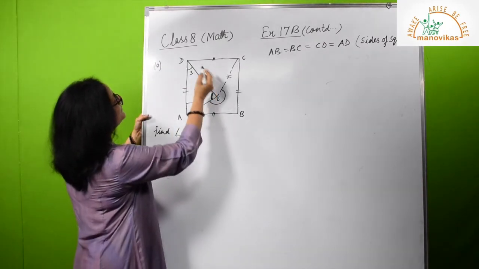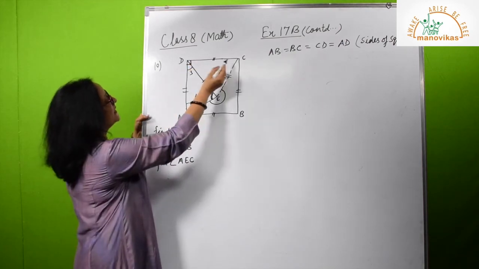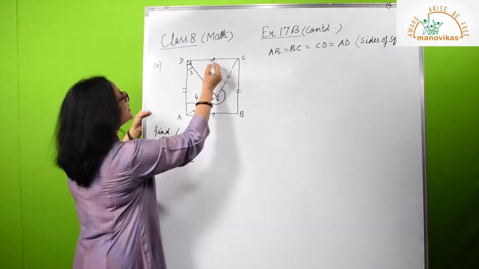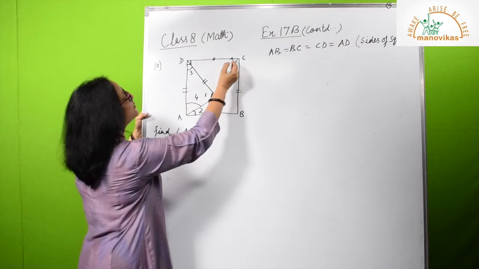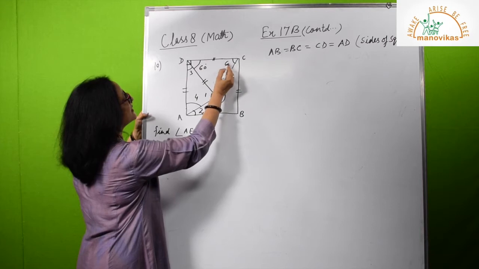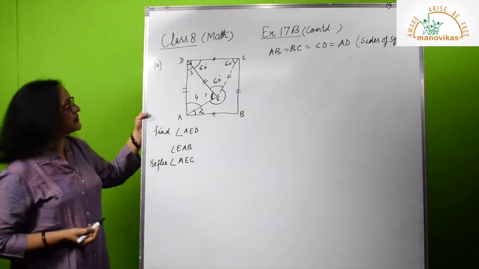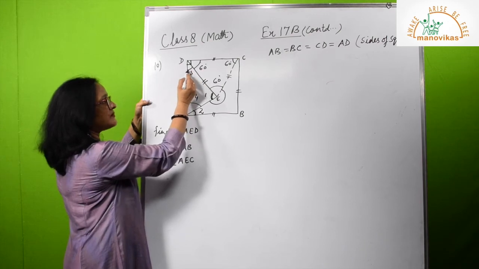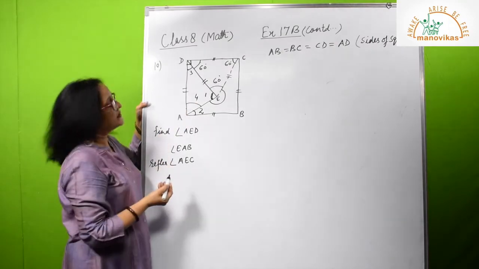Now first, suppose this angle is 3 and this angle is 4 for the sake of convenience. Now here you can see, because ABCD is a square, this angle D, that means CDA, is 90 degree, square property. And because CDE is an equilateral triangle, in an equilateral triangle all the angles are 60 degree. Each angle measures 60 degree, right? Now this whole angle is 90 degree. This much is 60 degree. So what is the measure of this angle 3? 90 minus 60.